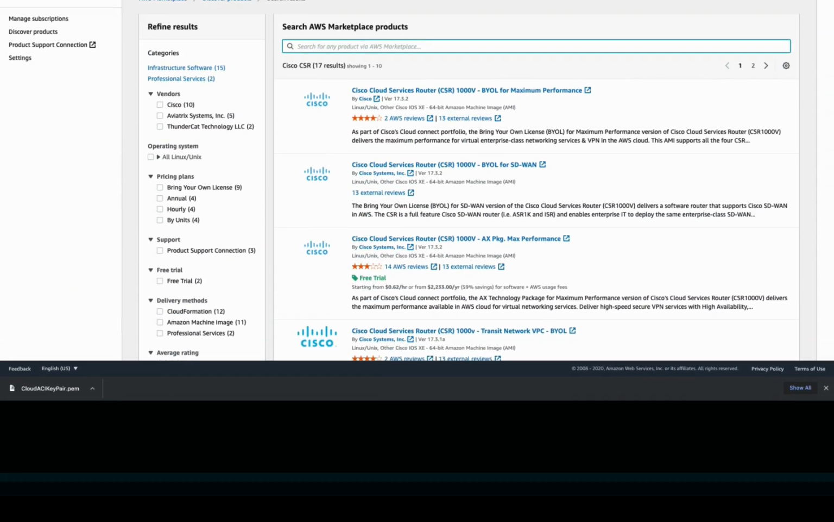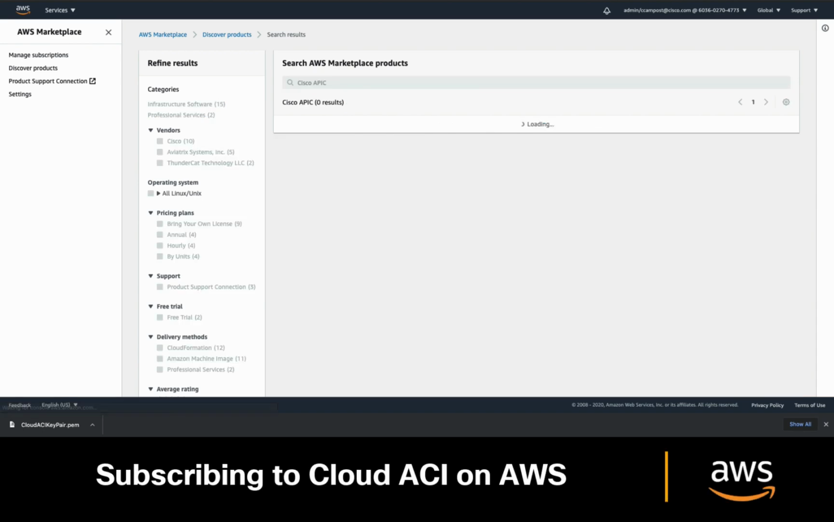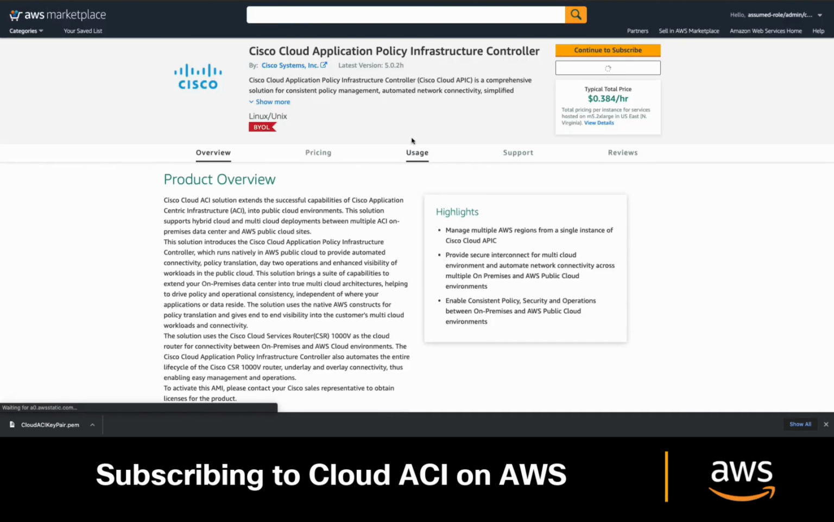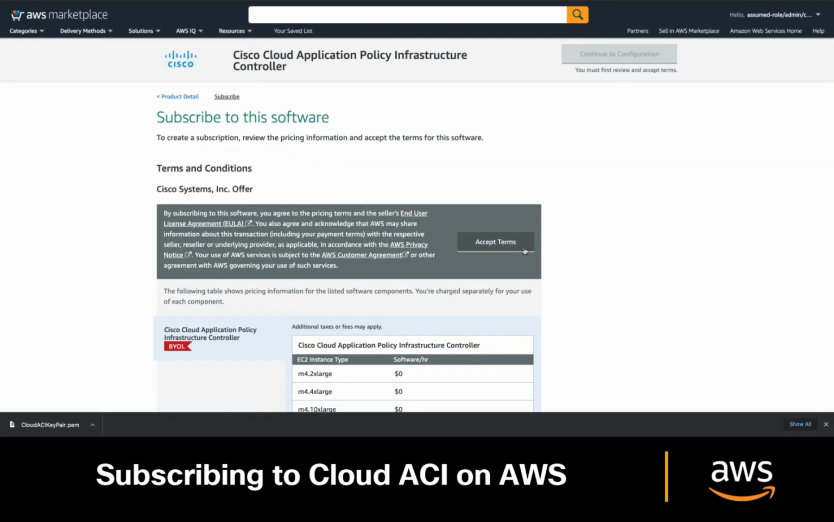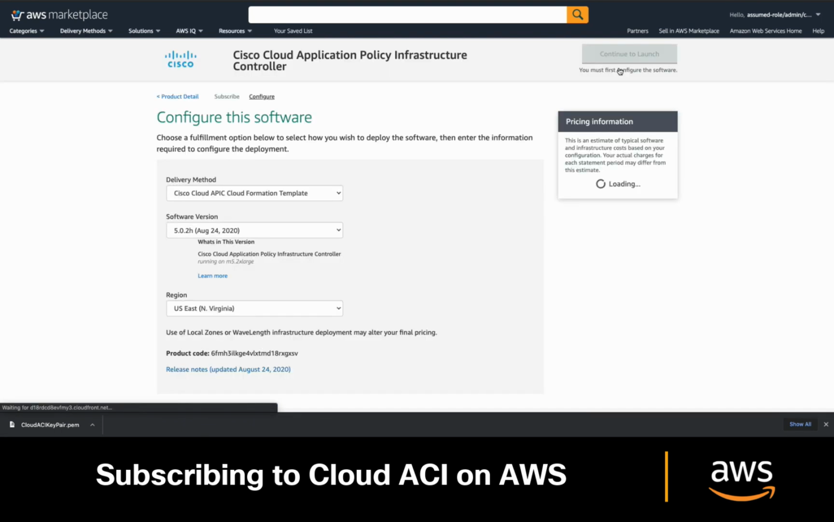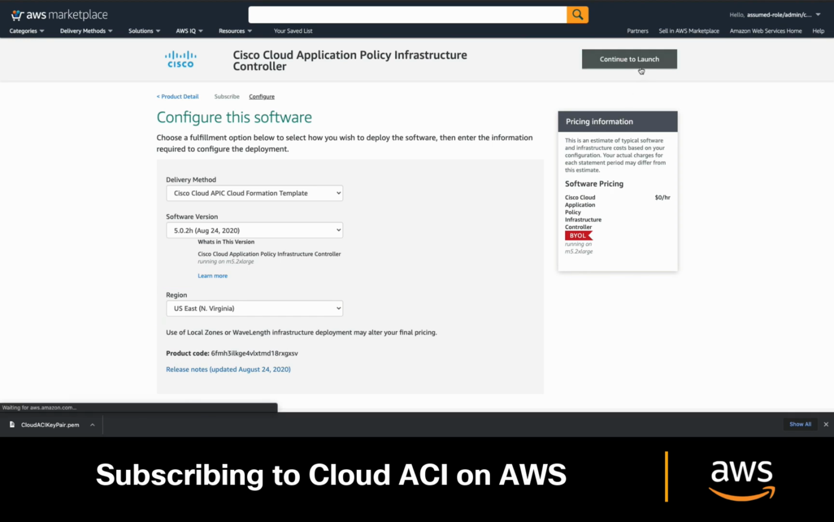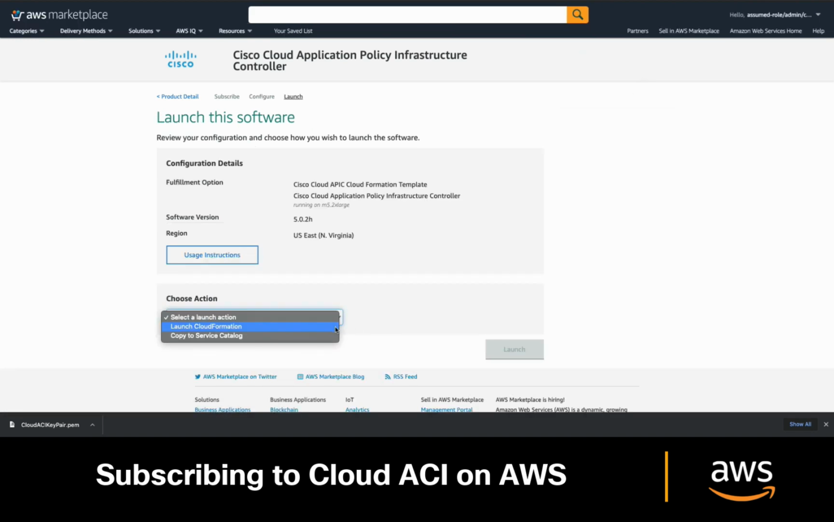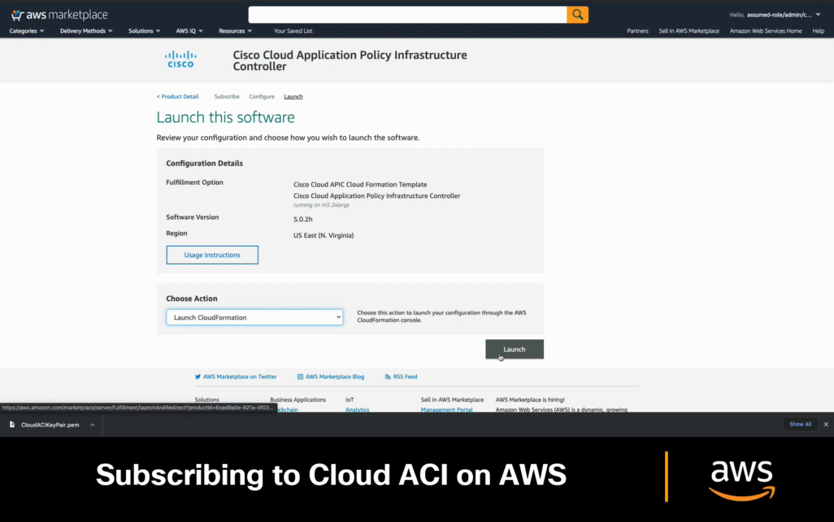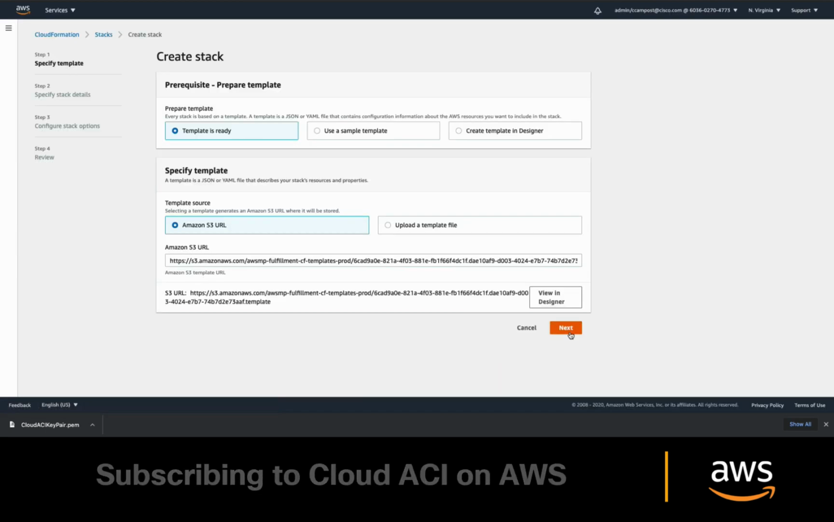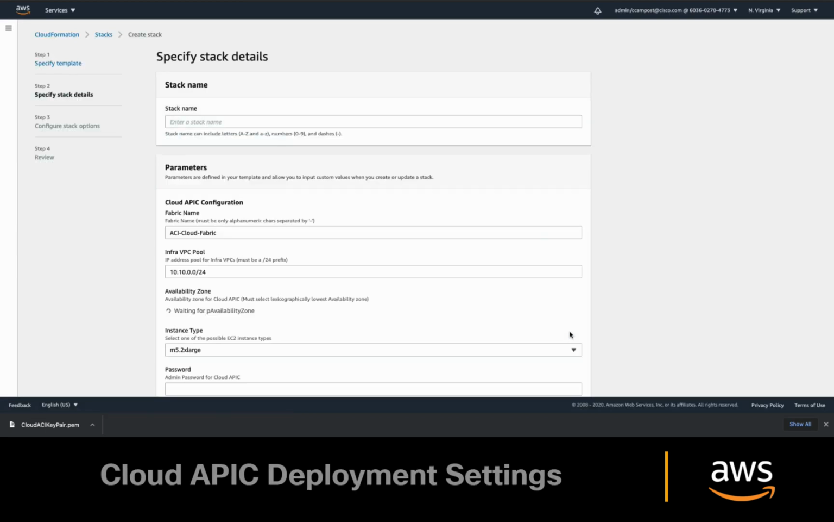Simply go to the marketplace and search for Cisco APIC. Click on it and click on Continue to subscribe. Accept the terms and continue to the configuration. We will now choose the region where we want this Cloud APIC instance to run on. In my case, I will choose US East, then I will click Launch, and then Launch CloudFormation. The CloudFormation template is automatically loaded as you can see, so just click Next